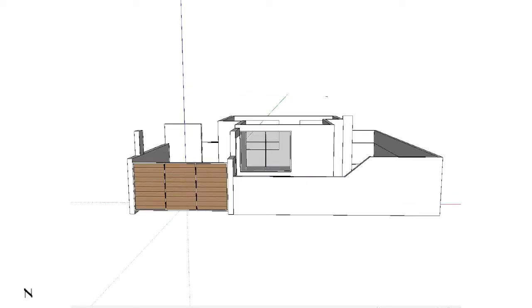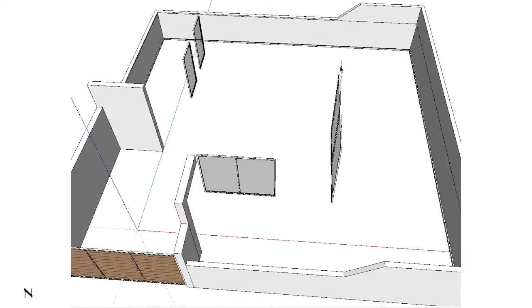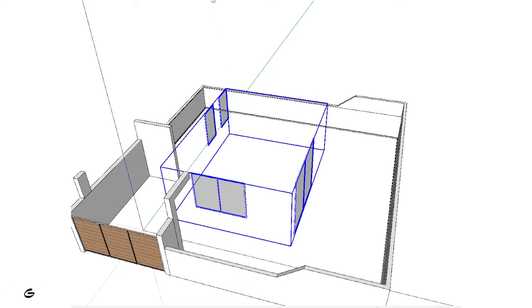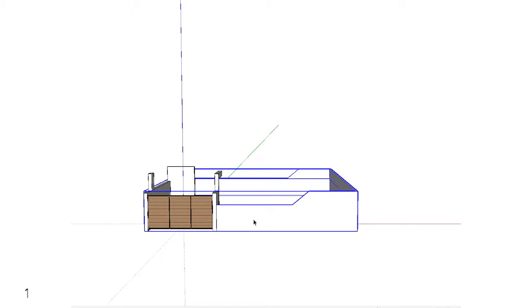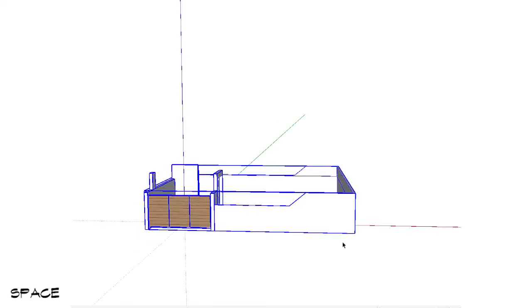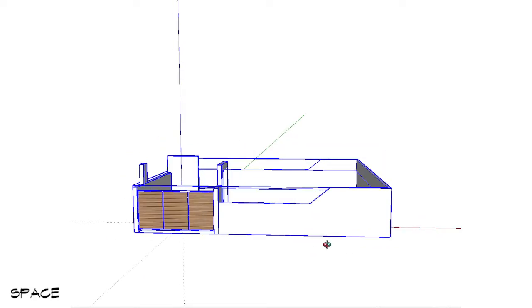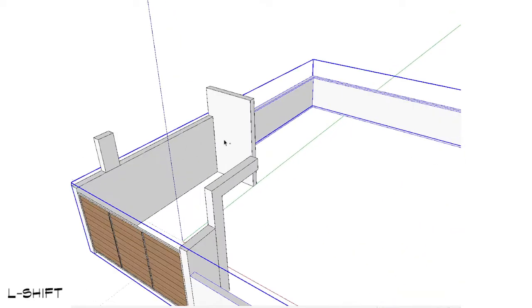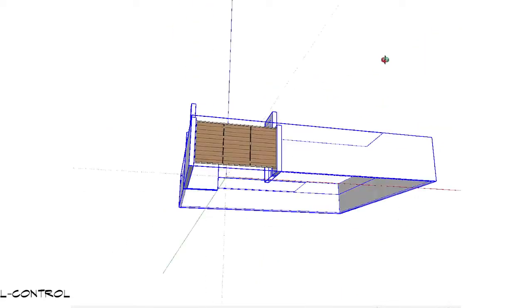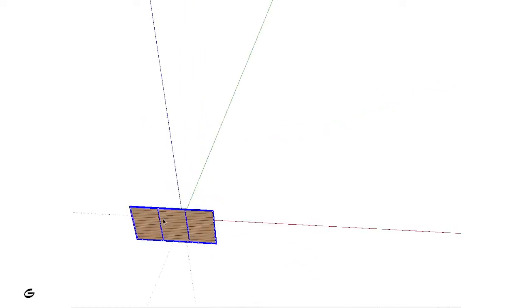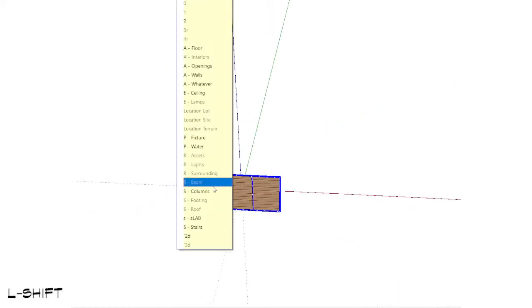Next, I'll turn off layer number 1 to see the things I missed. So I put these under opening, group, and number 1. Now the rest, I could put them all under the location group, or make it a new group and call it location. However, in this case, I will still want them to be known as walls, so A walls, okay, G location site. This one I have no group called A gate, right? So I'll just put it under walls first,